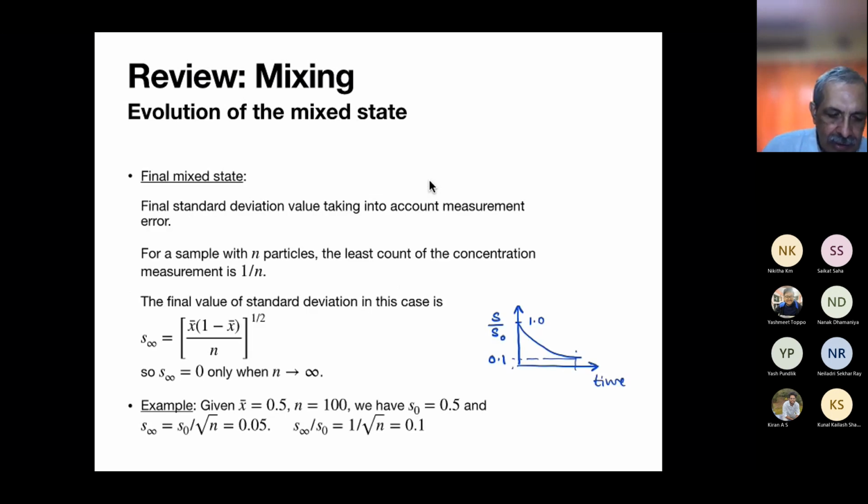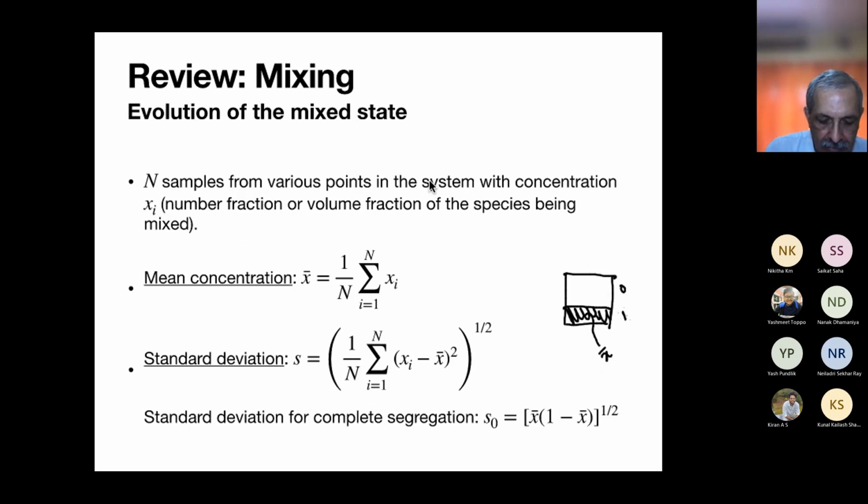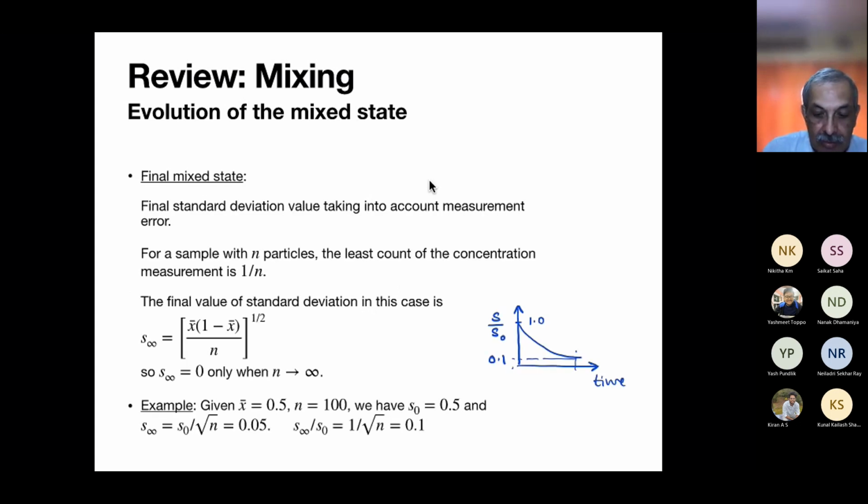In the last class, what I said is that really what we would expect is that for perfect mixing, everywhere you will have xi equal to x bar, so S will go to 0 for perfect mixing. But the problem is, while that may be true, you always have some measurement error. And let's say, for example, you take a sample from your system and that sample has n particles in it, then the least count of the concentration measurement is 1 by n. So as I was saying that, if there are 5 particles,